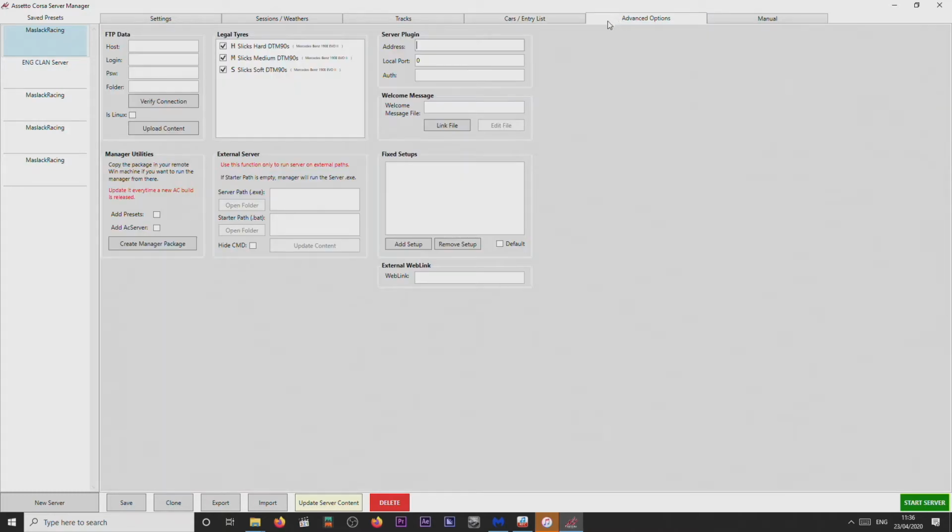Now to the advanced options. At the moment I don't know how to handle this FTP data and the server plugin, since this is completely new to me. I usually only do it manually all the time,